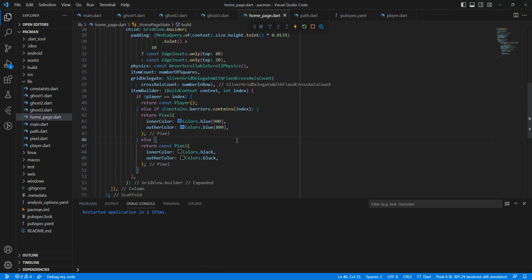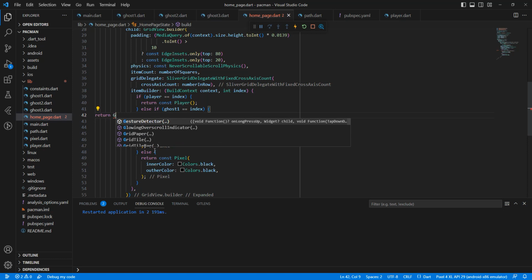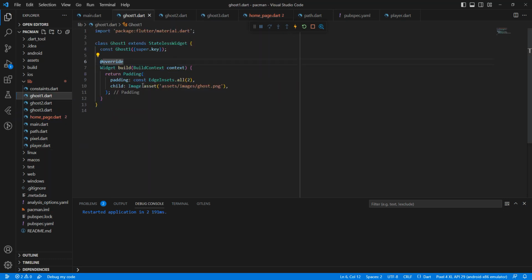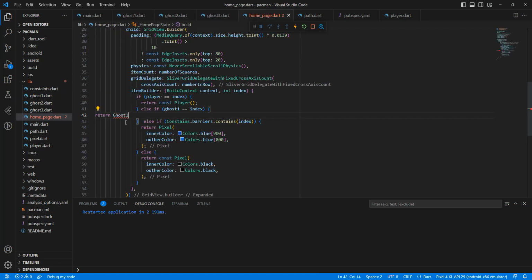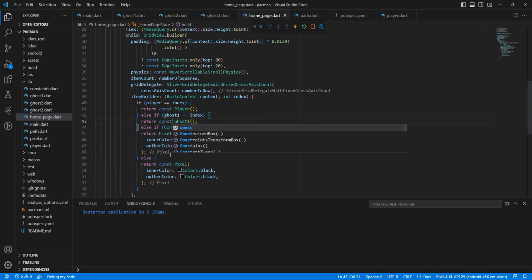Okay, and then we add if else if host1 index, and return Host1, import, add const. Next,